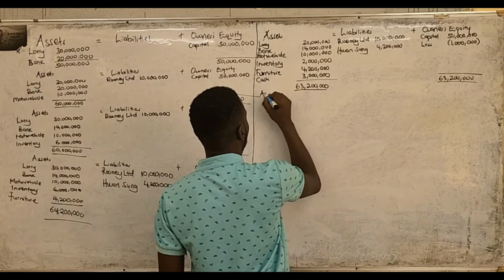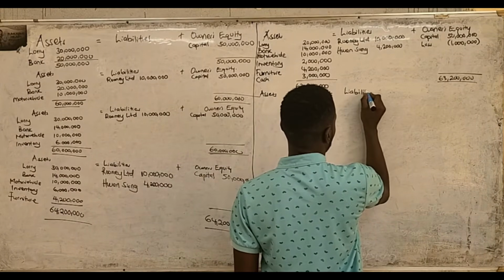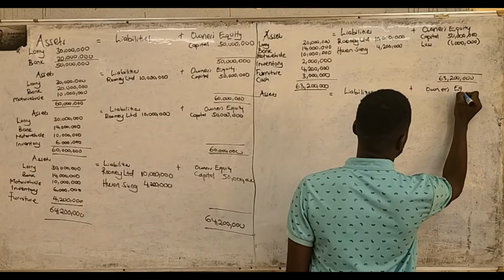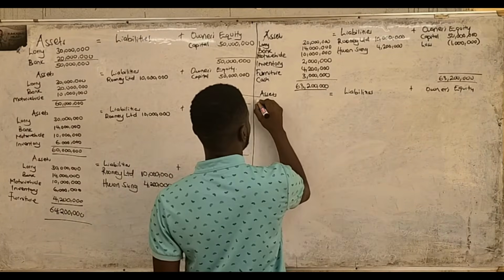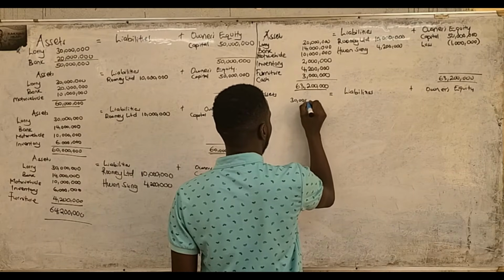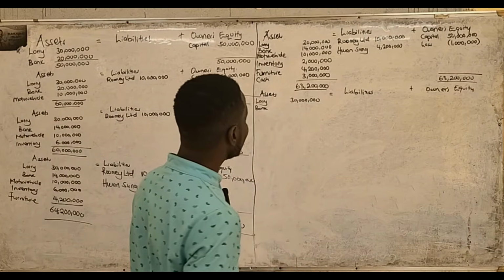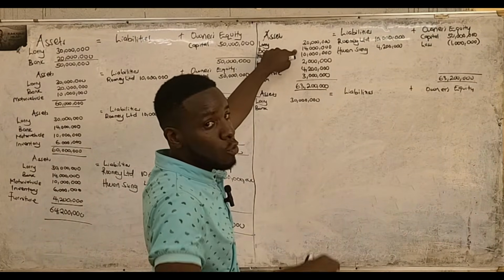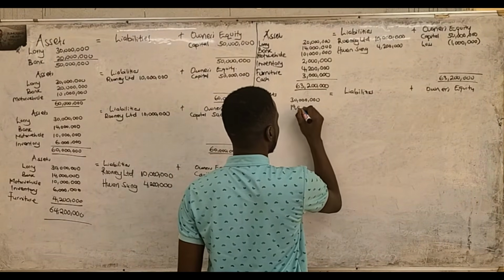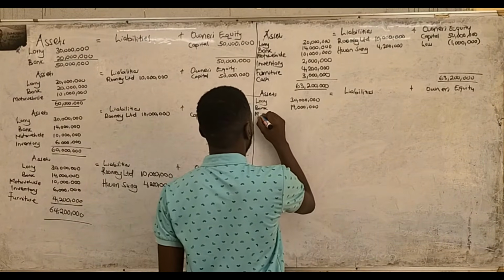So we shall say assets plus our owner's equity. So one, we shall have our lorry, and our lorry was worth 30 millions. Now cash in the bank is going to increase. Remember, it was 14 millions. Now we are adding on the 5 millions that we have got from our loan, and it will become 19 millions. Then our motor vehicle,